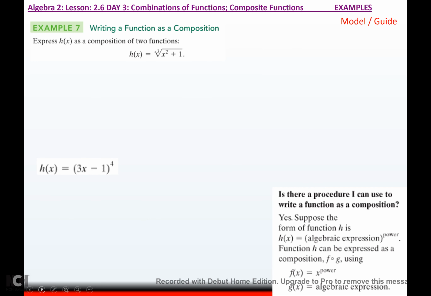Okay? So it says express h of x as a composition of two functions. You can picture what's inside as f. So my f of x is going to be x squared plus 1. And then my g function is going to be the cube root of x. Because then if you did f of g of x, you would have the f function, which, no,